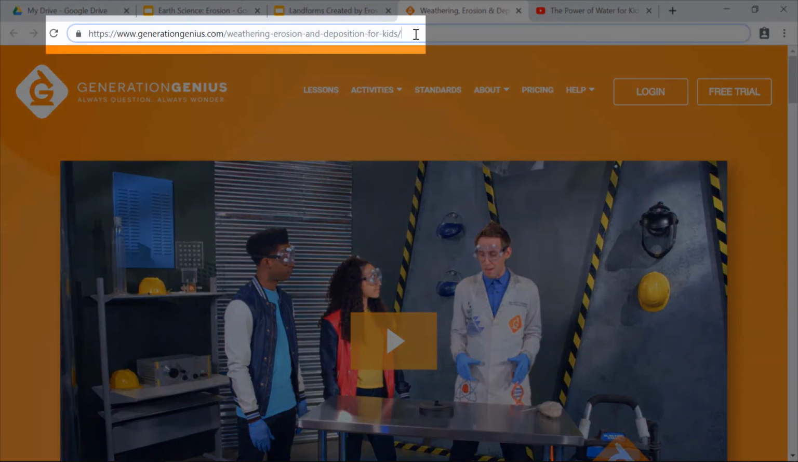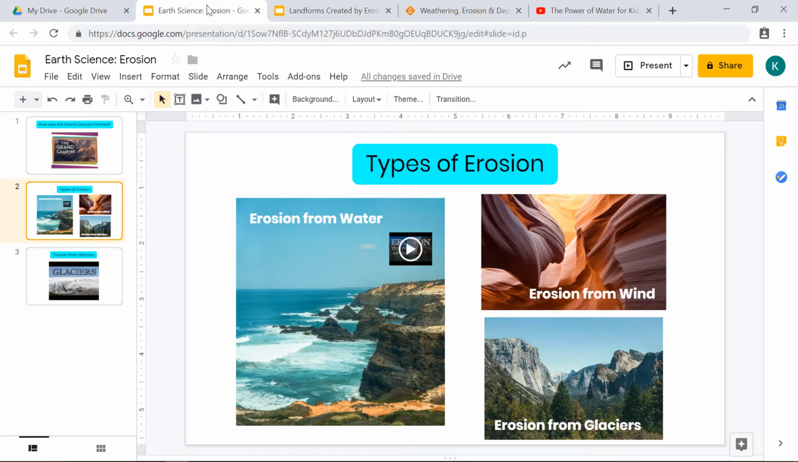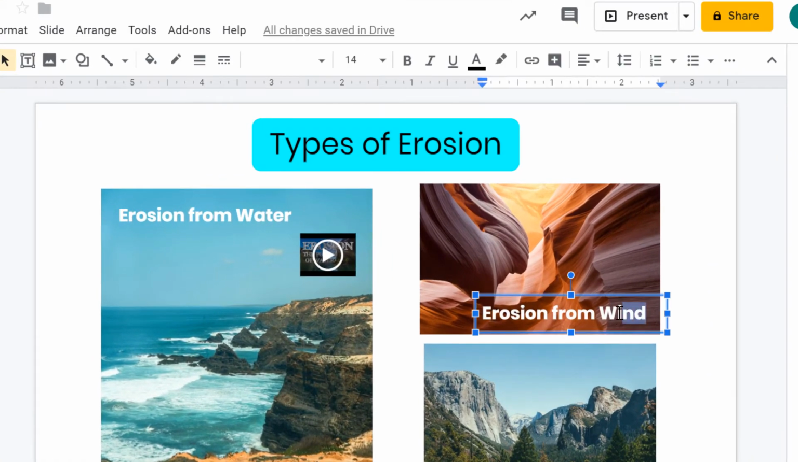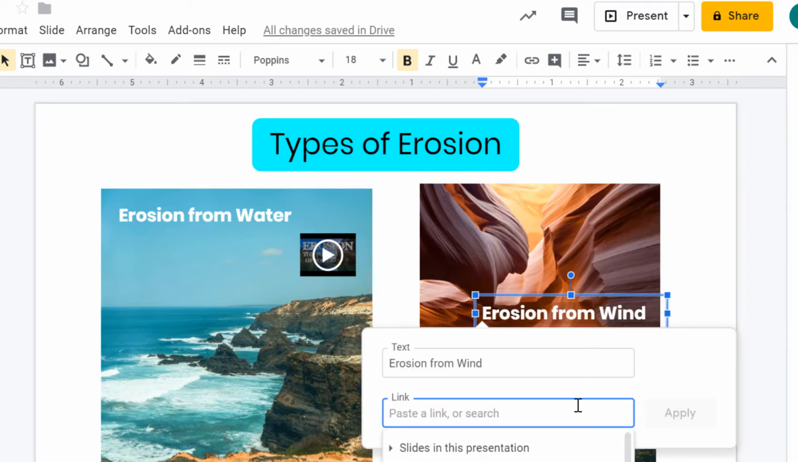I'm going to click on the URL to highlight it. I'll click Control-C for copy. Then I'll go back to my presentation. I'm going to link that website to these words. What I'll do is I'll click and I'll highlight the words I want to link to. Then I'm going to right-click on them and go down and click Link. Here it says Paste a link, so I'm going to hit Control-V, so I paste that link, and then I'll